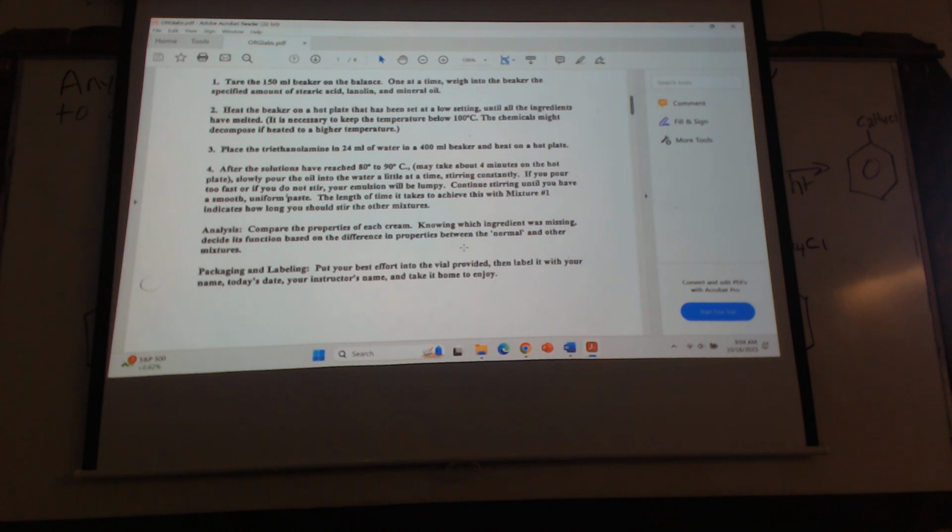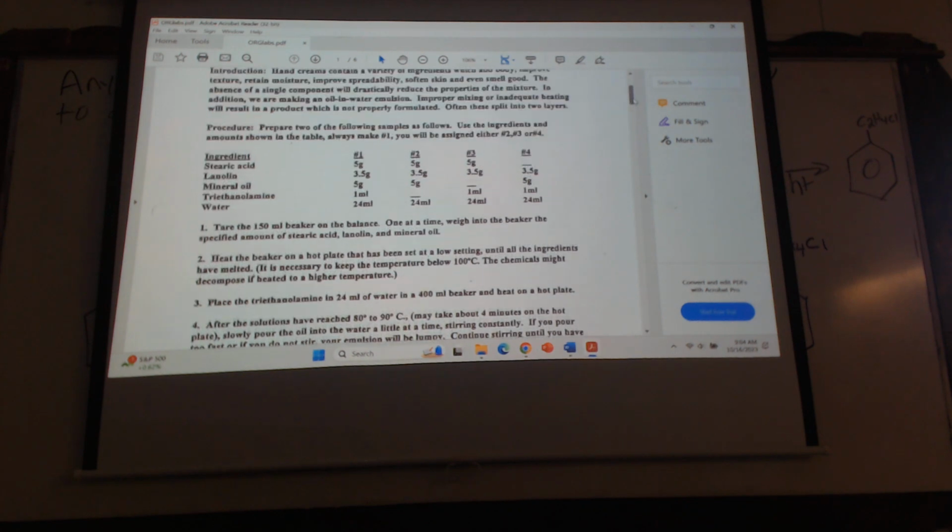If you pour too fast or if you do not stir, your emulsion will be lumpy, okay. Continue stirring until you have a smooth, uniform paste. Length of time it takes to achieve this with mixture number 1 indicates how long you should stir the other mixtures. But there again, we don't have to worry about that because we're just doing